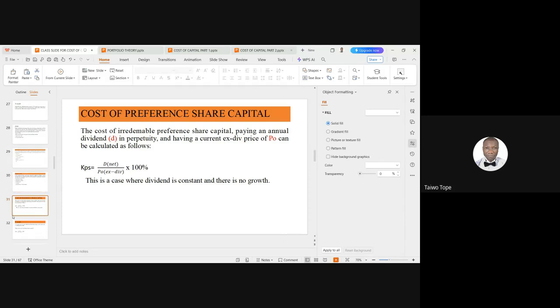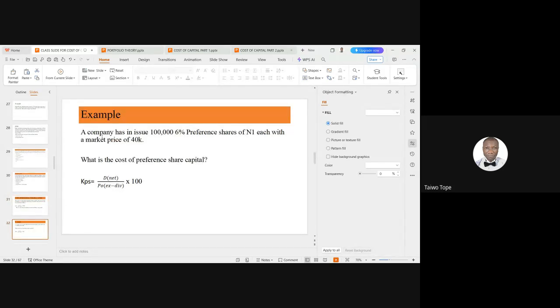So looking at this example now, a company has an issue 6% preference share of 1 naira each with a market price of 40 kobo. What is the cost of preference share capital? The cost of preference share capital, if it is irredeemable, will be